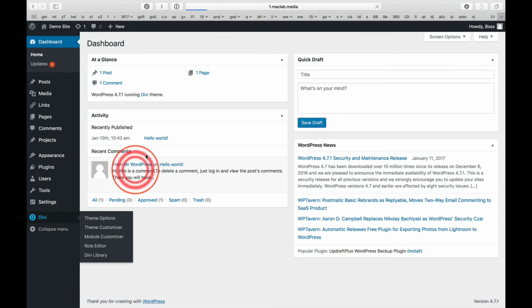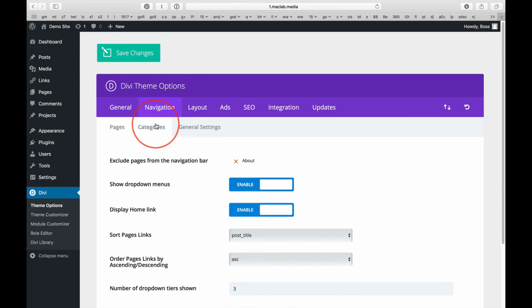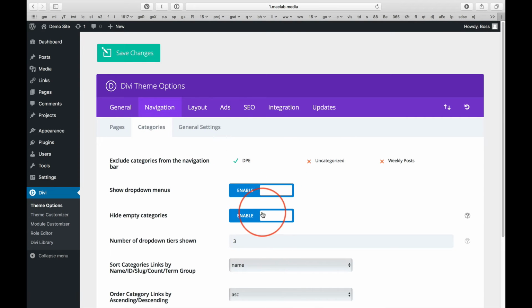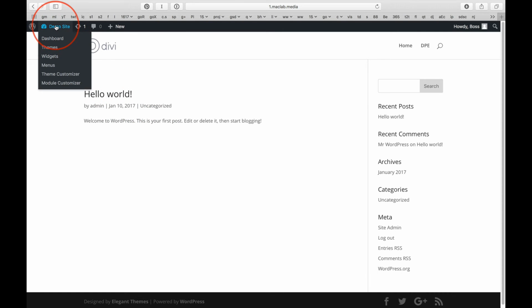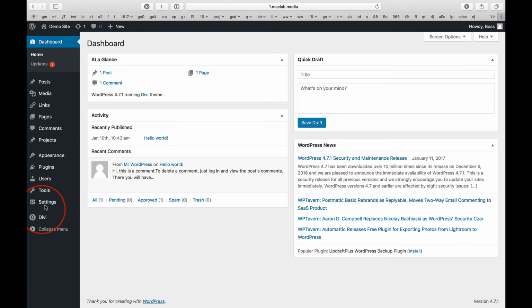But if we head back to categories under navigation and turn that off, so now we can see the empty categories, and we'll save our changes, head back out here, and now DPE shows up. Our Hello World post still appears here because it's the only post. We eliminated uncategorized, which this is uncategorized, but it still shows up here because, and I know this is kind of complicated,